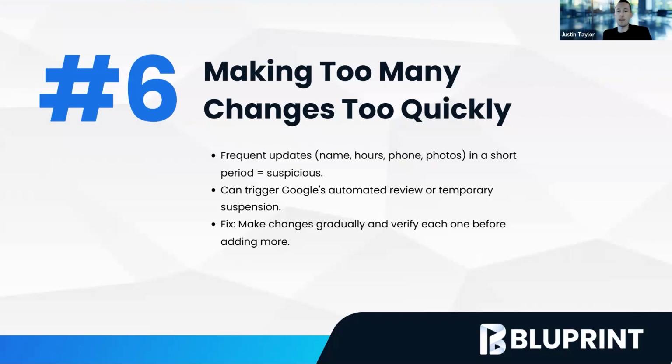So again, if you're going to make changes or audit or edit anything like that, I would definitely make sure to do the name separately, in a separate occurrence from all the other items like your hours, phone, and photos. Those don't really. I haven't seen those really do it. It's really the name in addition to those other pieces in there. So you just want to do it gradually, right?